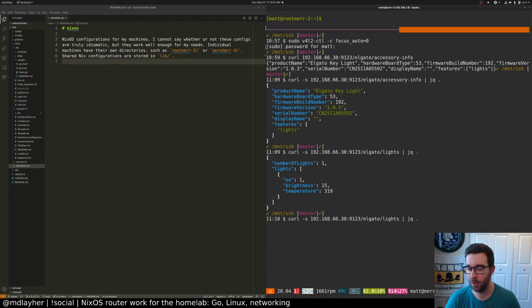I wanted to work on this anyway because the goal for today is to add a new VLAN for the 10 gig gear I'm getting, so I'll show that off too. But this light is something we're going to work on tomorrow, so I want to show this off as well. So if I send a PUT to this thing and I pass approximately this JSON blob,